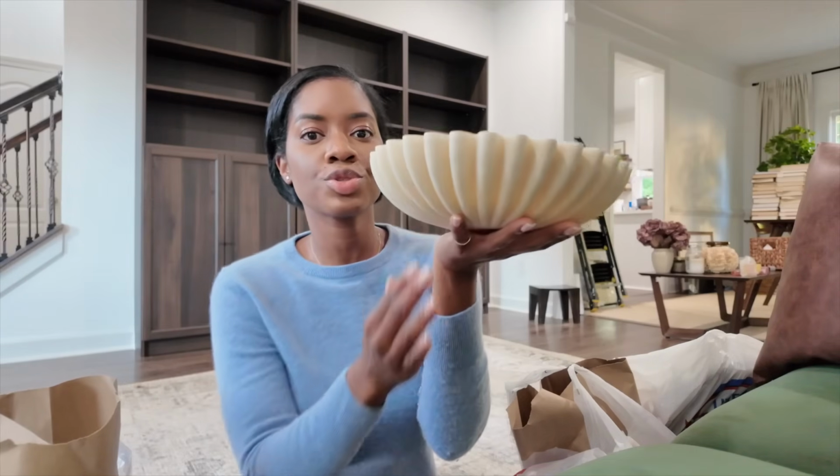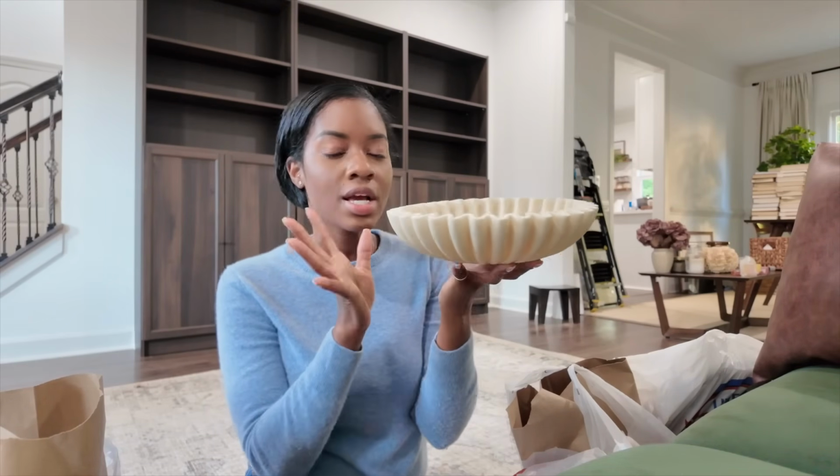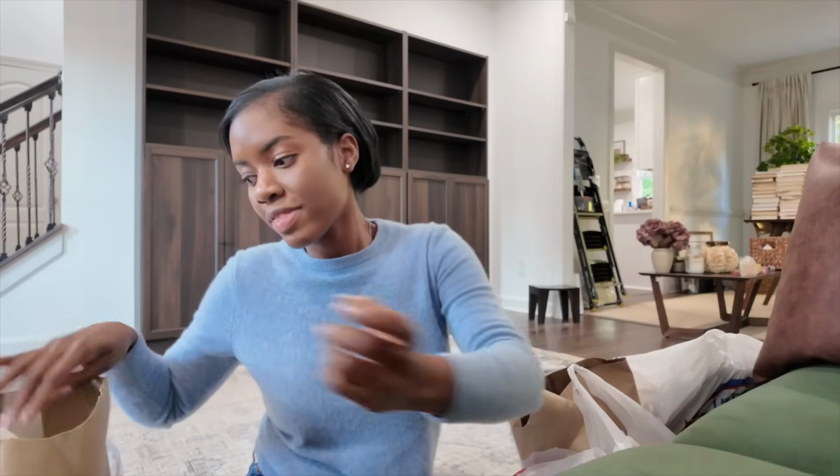So I got this sculptural bowl, which I feel like these are going to be really nice to just place on the shelf. Definitely placed on top of something, so it could be a book or something of the sort. So I have that,